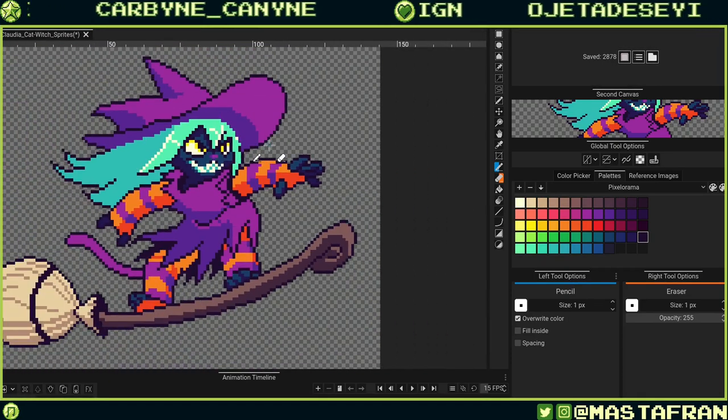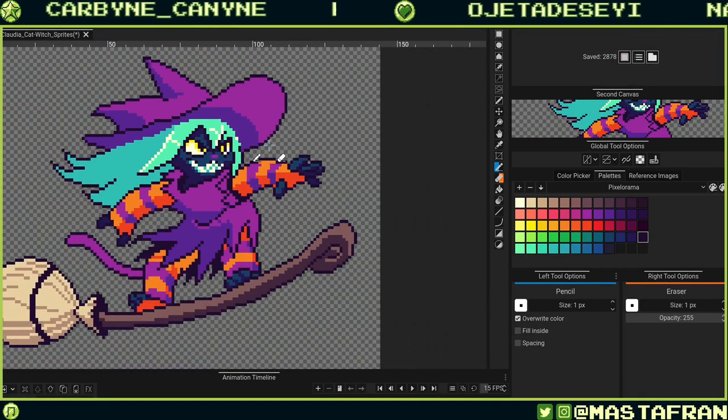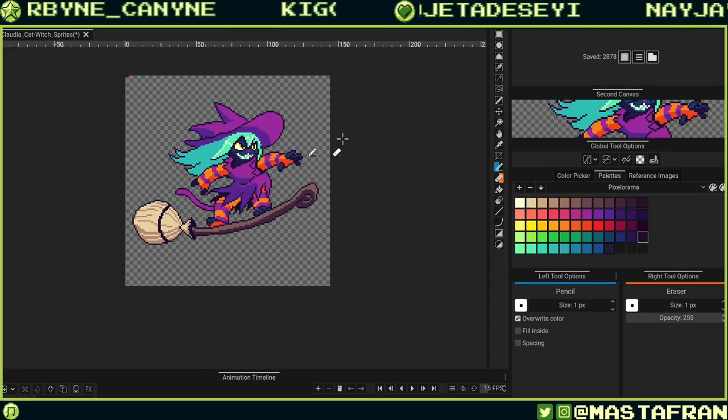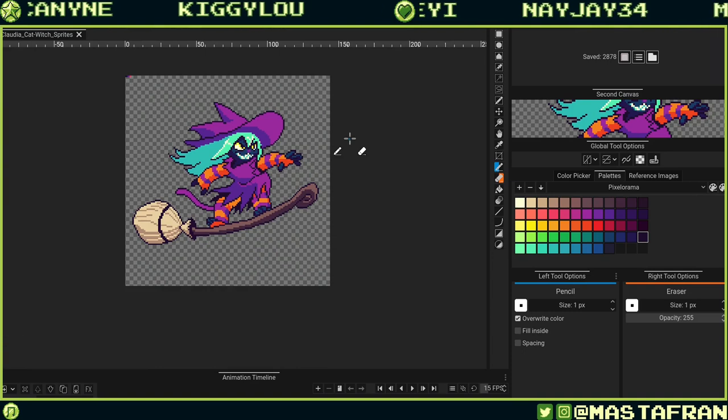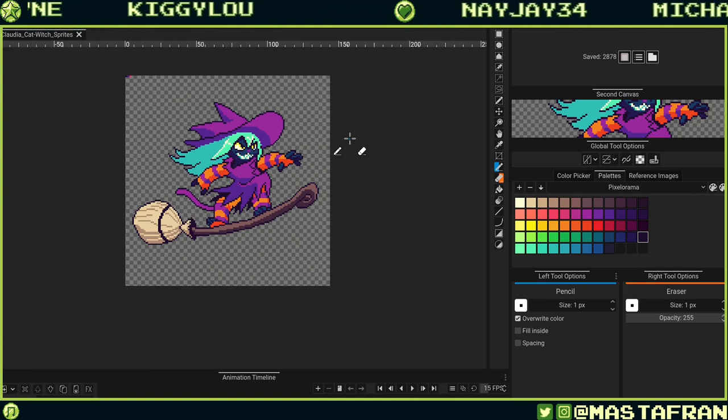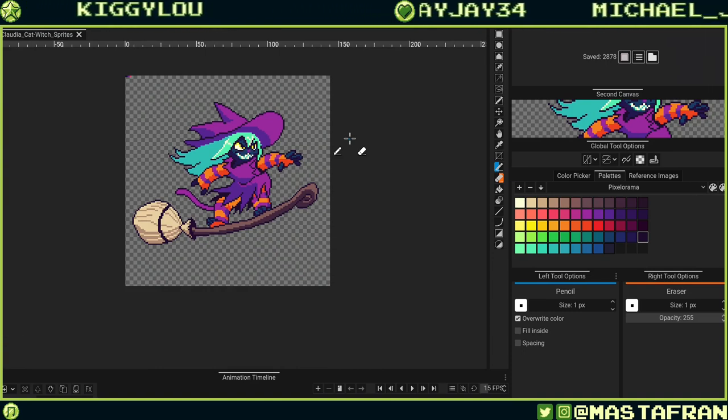I'll gradually make the eyes bigger, and it's actually kind of working. It's nudging the eyes larger and larger. Control S. Now all that's left to do is